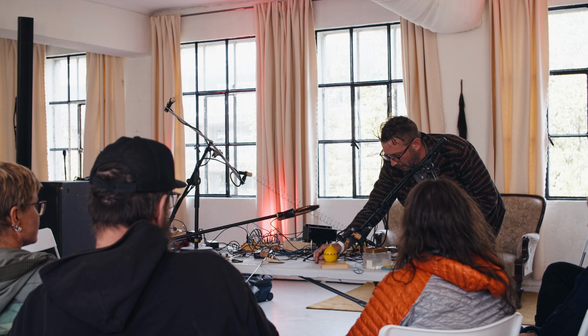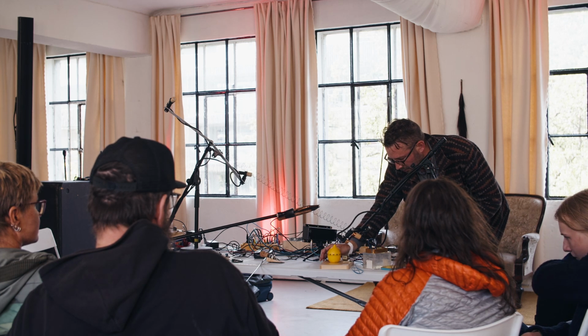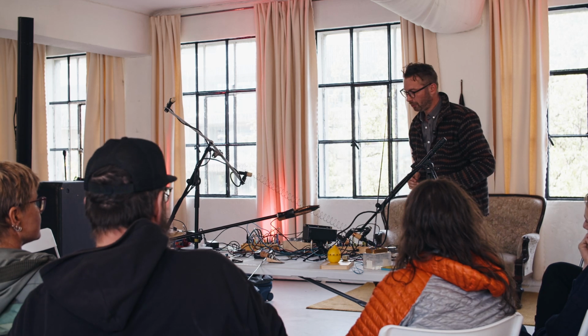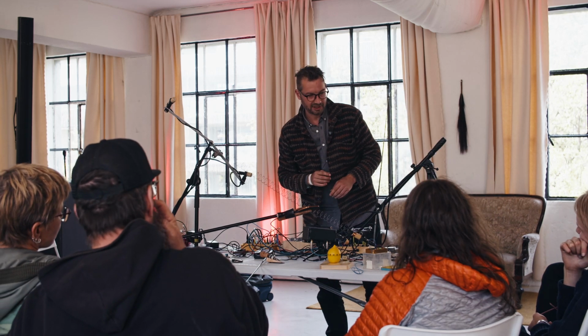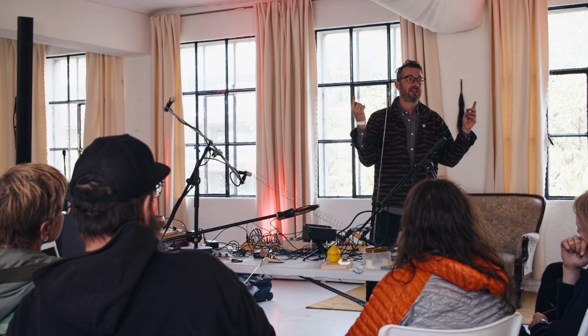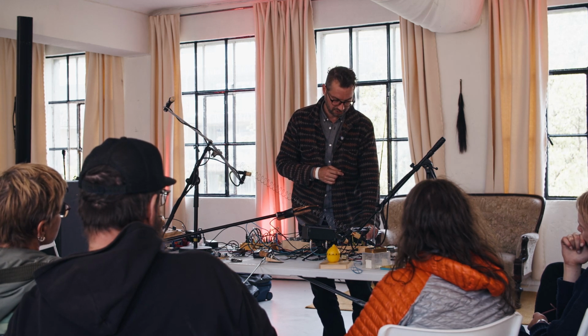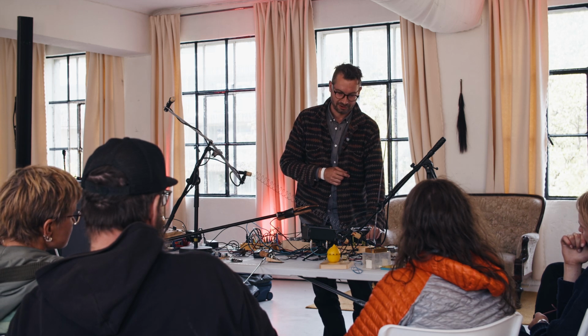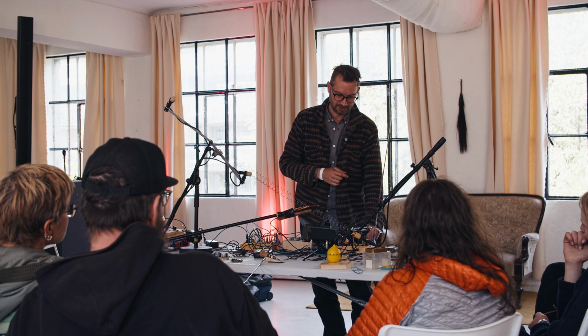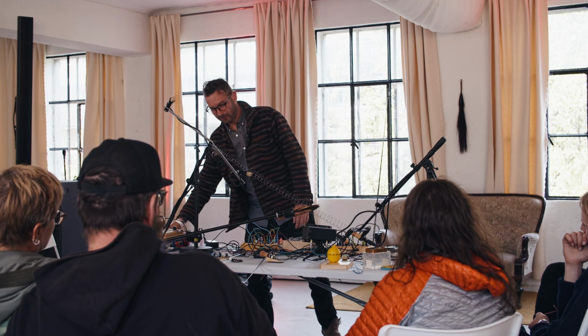So we now heard the vibrations of the motor. But these motors also give off an electromagnetic field. So when they spin around, they will create an electromagnetic field. So here you can also hear the quicker that the motor spins. But then the moment when I get my